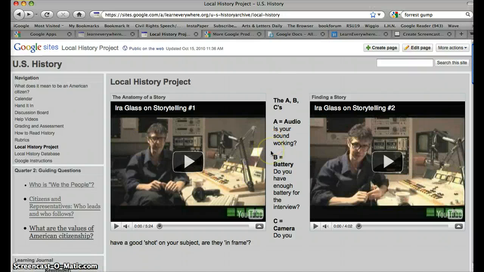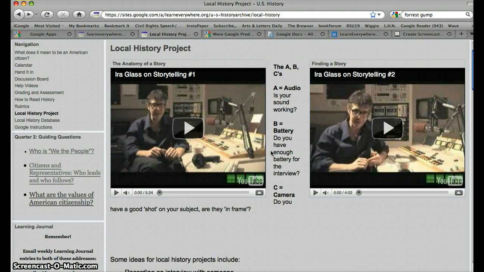In general, what I really want to stress here is the importance of the Local History Project. It's important to see history as a conversation. It's a conversation between generations, and it's important that you have this conversation. So part of this class is to encourage you to go out and do that. It's also to be mindful and respectful of different voices.